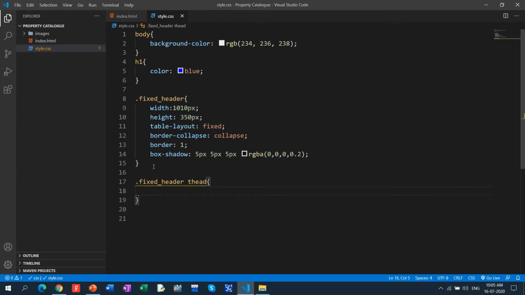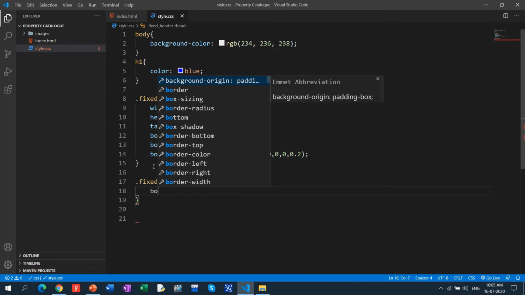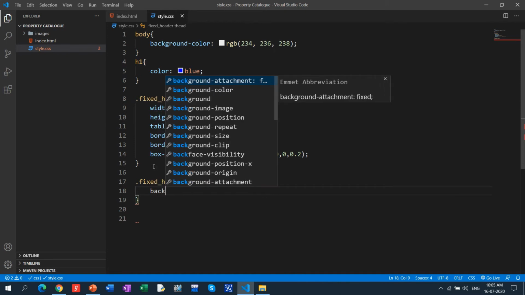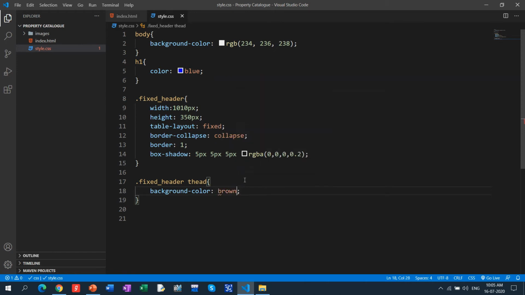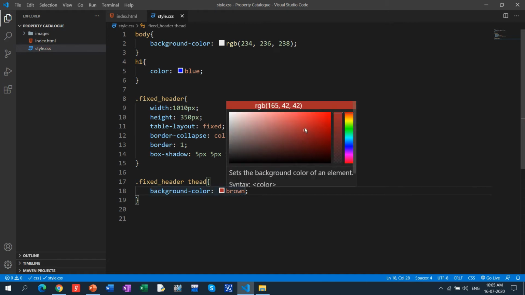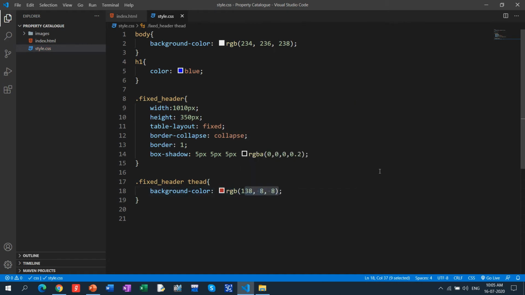Thead means table heading. In case of table heading, background color, what I do is a chocolate color, some kind of chocolate, I made it brown, a little bit brown.